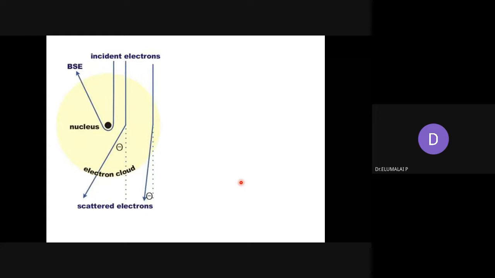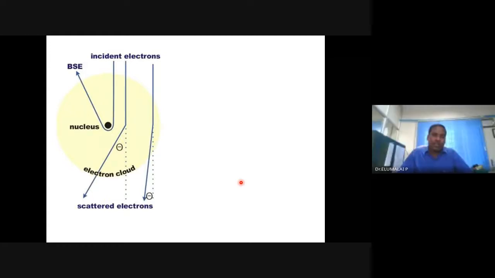And on such material, you are allowing an electron to interact, which is a negative charge. What will happen? Automatically, you can expect a fight between the incoming electron having a negative charge and the electrons already in the atoms, ions or molecules. They also have negative charges. They don't make good friendship, but they fight away, undergoing scattering.